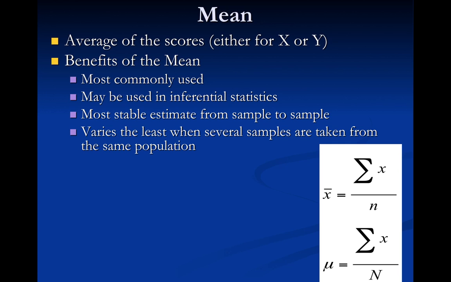One of the things that we also find is that the mean is the most stable estimate from sample to sample, and I'm going to talk about what that actually means in just a second. Ultimately, it varies the least when several samples are taken from the same populations, and that's a very, very important issue for us. So going back to our discussion in our previous lecture, remember that we have this issue that we're always talking about. We're talking about the population,